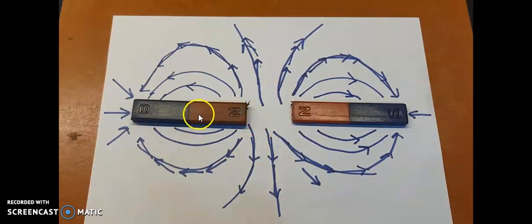As you can see here, two bar magnets are placed in such a way that the north poles of both magnets are next to each other. A distance is maintained between them because of the repulsion. The magnetic field lines have been drawn. Clearly, the lines are from north to south. Similarly, for this magnet, it's from north to south. So you can see these field lines moving outwards.